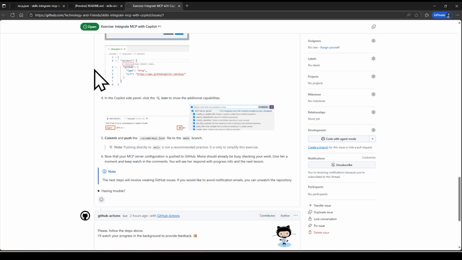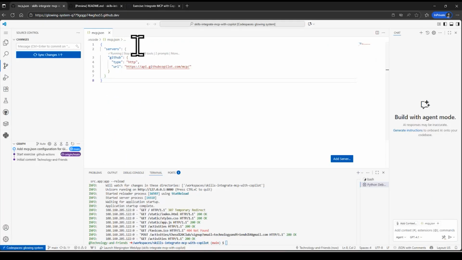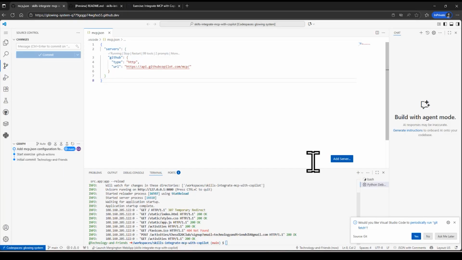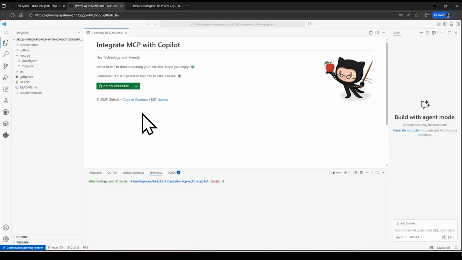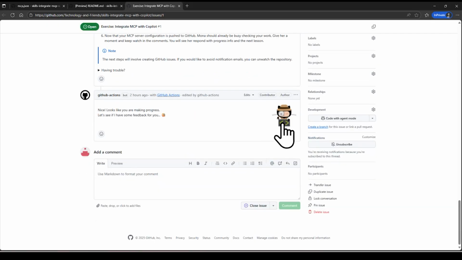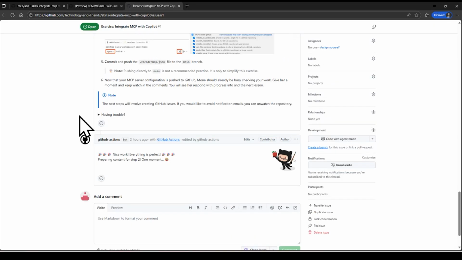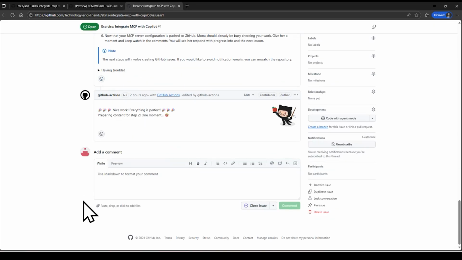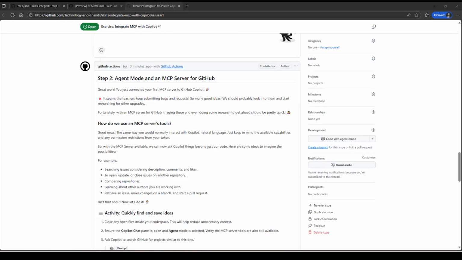And if I go back to the instructions, it says I should also push it to the GitHub repository. So what I'll do is in here, I will do a push and let that sync up like this. When I finish this exercise, this little GitHub agent should detect that, and it should display the next step in the lesson. It only took a few seconds for that agent to recognize that you've completed step 1 and display